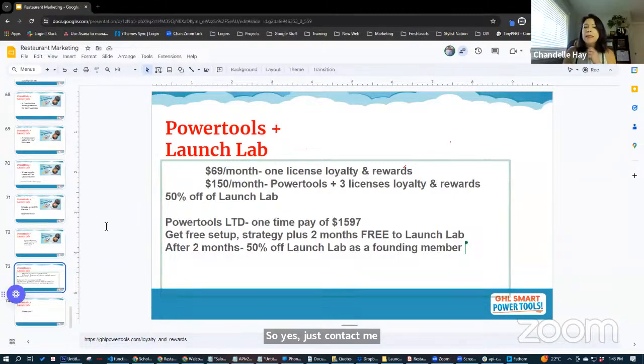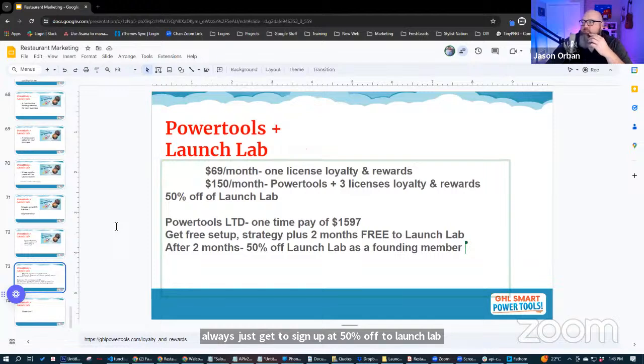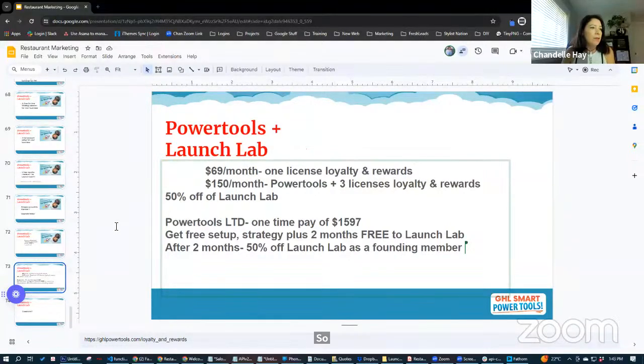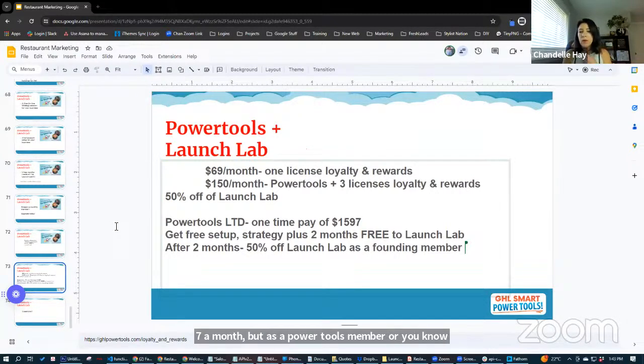The next question was, after the 2 months of free Launch Lab, as a Power Tools founding member LTD, would you always just get to sign up at 50% off to Launch Lab? Mm-hmm. So Launch Lab is $197 a month, but if you are a Power Tools member paying $69 a month for Loyalty and Rewards, 1 license, then we're also offering 50% right now. But I want you guys to also keep in mind, this is like a founder's rate. Like I said,